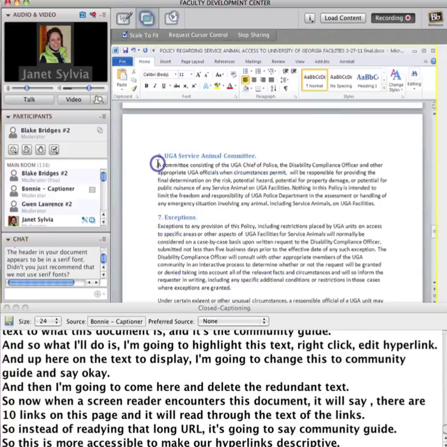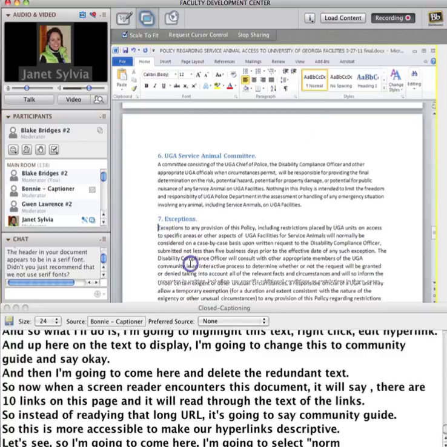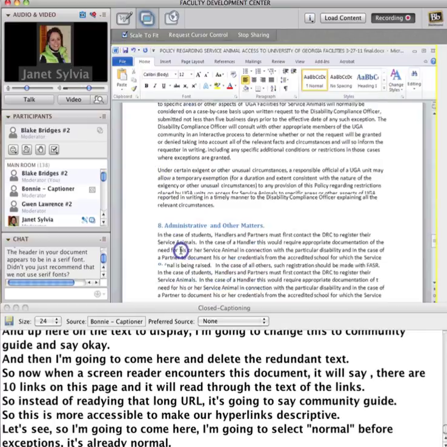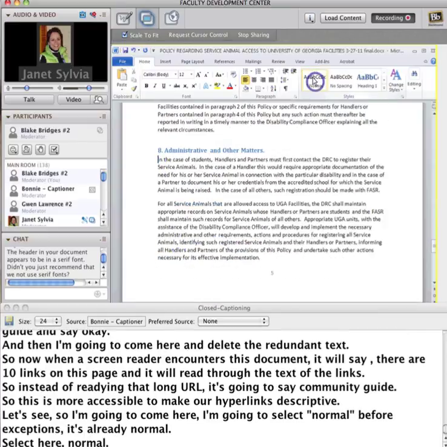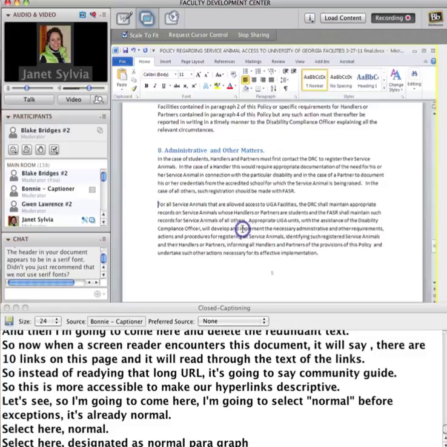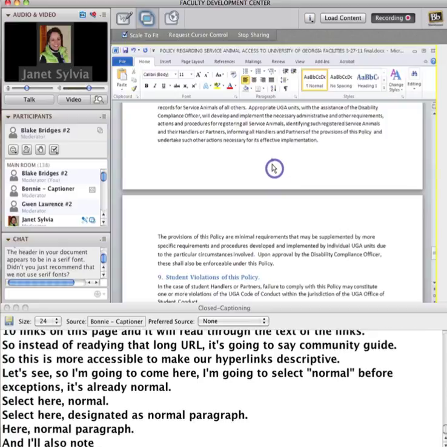Let's see, so I'm going to come here. I'm going to select Normal before exceptions. It's already normal. Select here, Normal. Select here, designated as normal paragraph. Here, normal paragraph. And I'll also note right here that the numbering system was